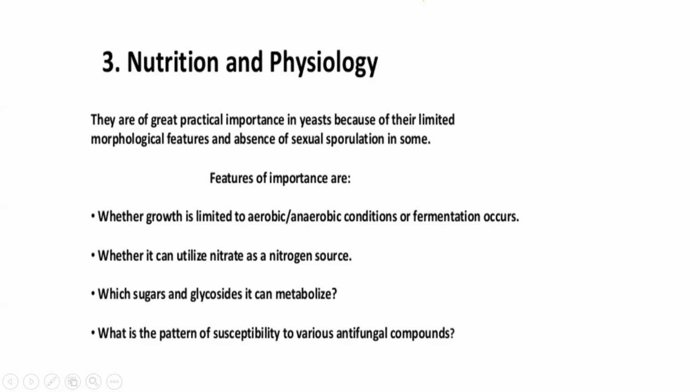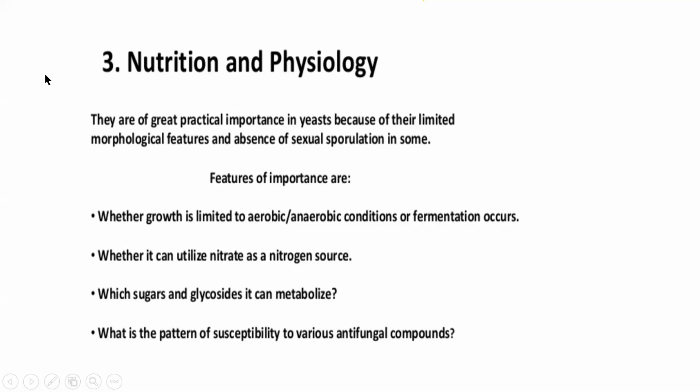There are many chemical compounds which will kill the fungi. So when the fungus gets killed, it is called susceptible. Okay, it is susceptible to the particular antifungal compound. So you have antibiotics to kill bacteria. When you have some bacterial infection, you take antibiotics. Similarly, if you have a fungal infection, you have to take an antifungal compound. So based on the susceptibility pattern of the fungus towards a particular antifungal compound, they take it as a criterion